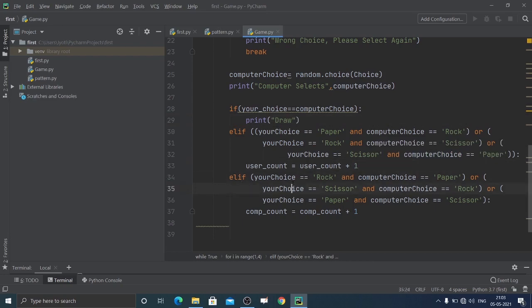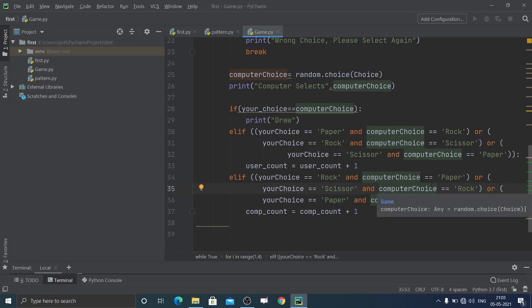Else if we will check for the computer count, that is, when it will be incremented, when we see the chances in which the computer is winning. So you can see else if. We are just writing all those conditions with and and or operations.